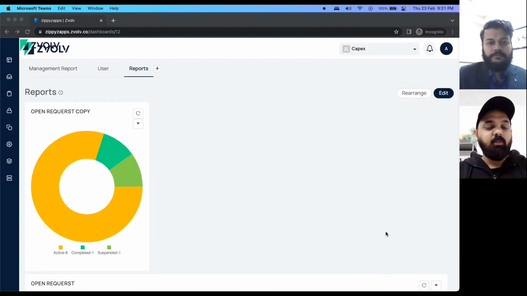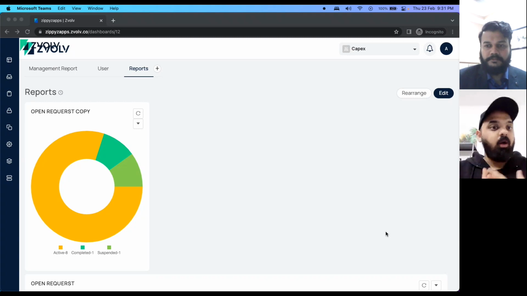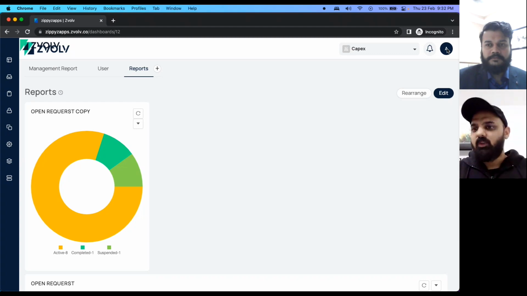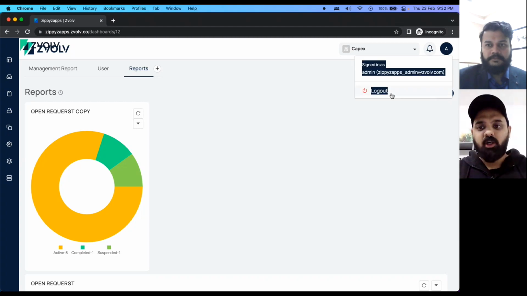So Shivam, in the last few minutes, we've gone through mapping your process, building your databases, building the forms, adding automation, going over the integration screens and the user screens. Now let me log out and log in and show you with a little bit more effort how a finished product will look.